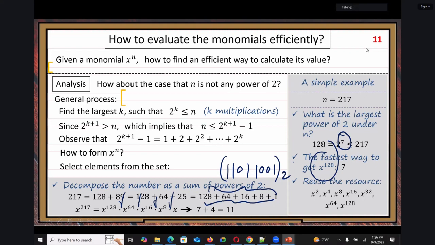So corresponding to all these powers of 2. If you can write the binary representation, then you can write the decomposition of power of 2. Okay? Then you can calculate that. That kind of relationship. All right. So then,